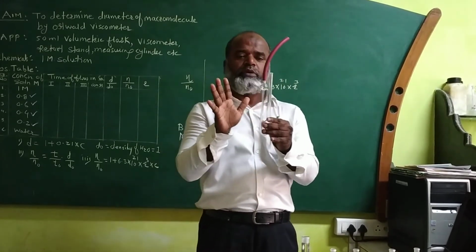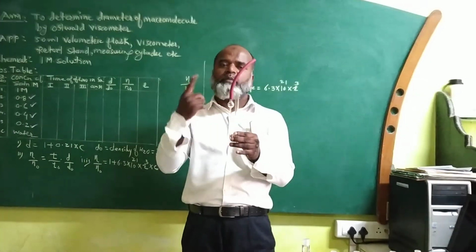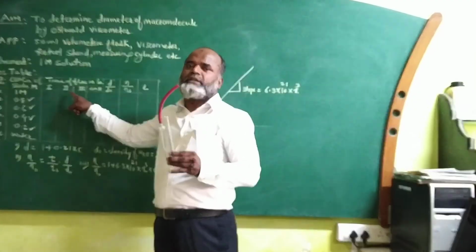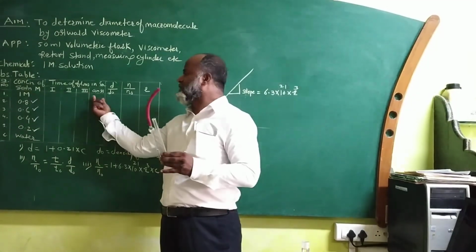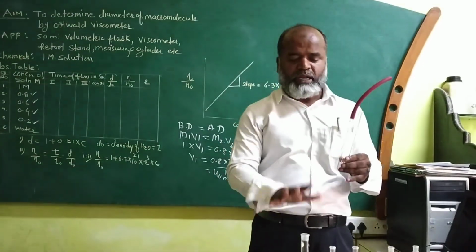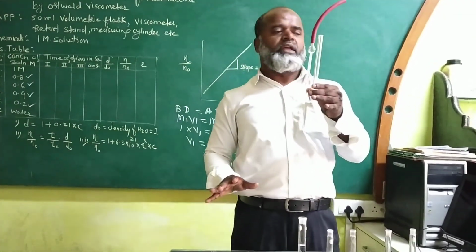So in this way you have to find the time of flow. Take the time of flow in seconds, at least 3 readings, and see whether all 3 readings are the same, or if there is a difference you take the average, and that will be the constant. So first, after preparing these solutions, you have to do cleaning. After cleaning you